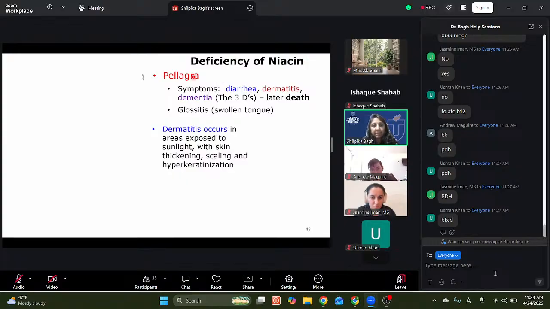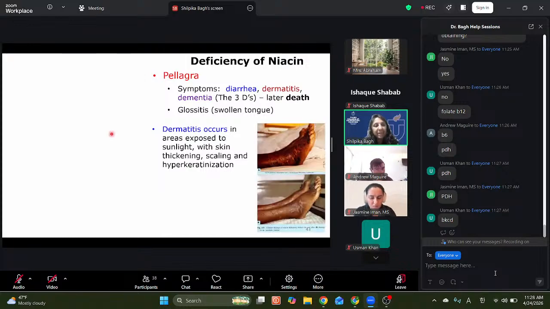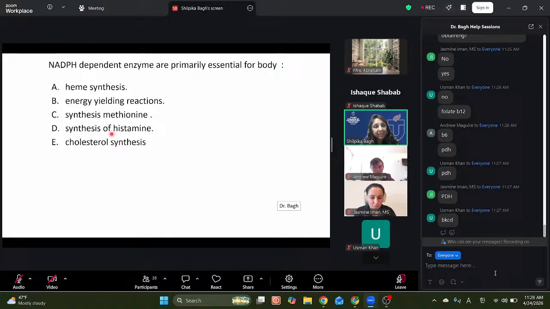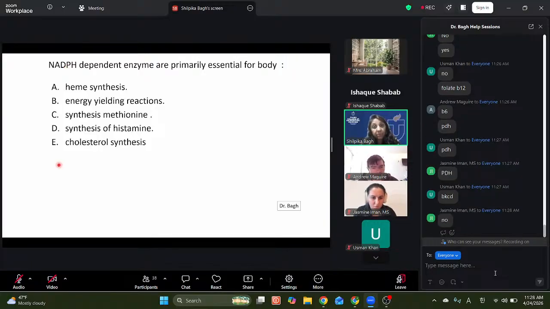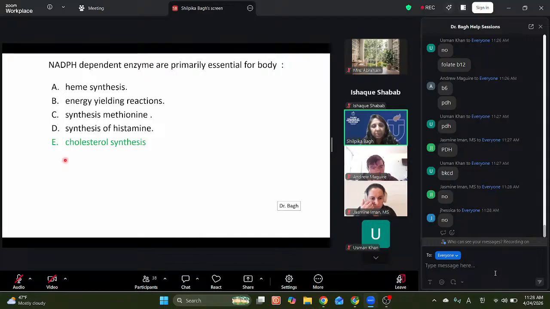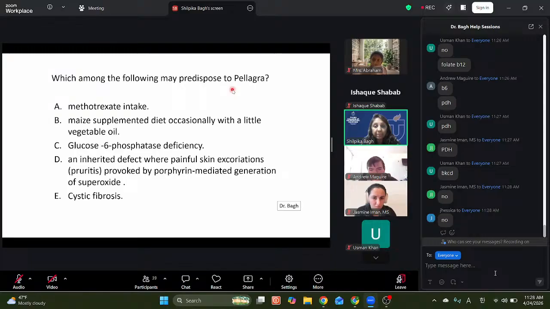Diarrhea, dermatitis, dementia. Let's go further quickly so we can finish our review. Dermatitis here is in sun exposed areas. NADPH: is this for energy? Is NADPH for energy? It's also from vitamin B3, niacin. No, it's for synthesis. It's not for energy. So vitamin, active form, enzyme, pathway, if you know them, but then history is important, like